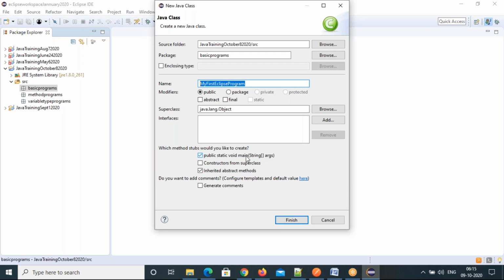Main is a method name in Java, already created by Java guys for our code execution. Like in C we have a begin, same thing, main is the beginning of your code execution. So click on finish.